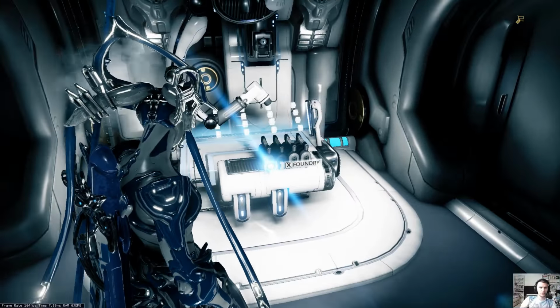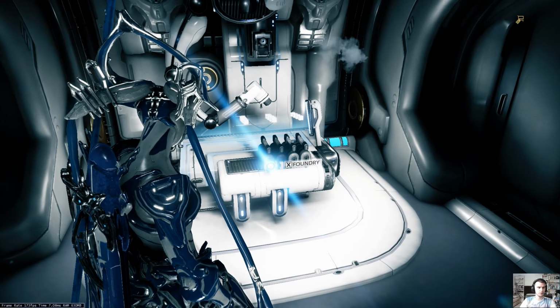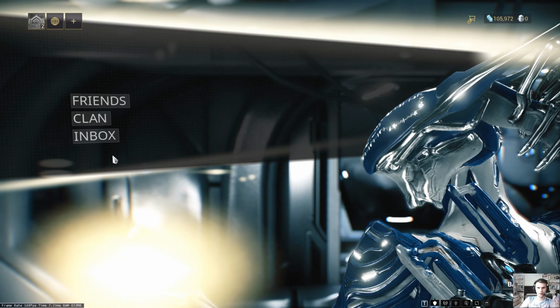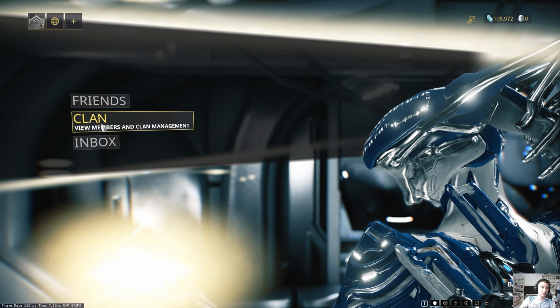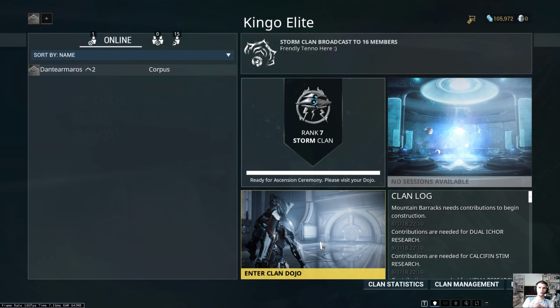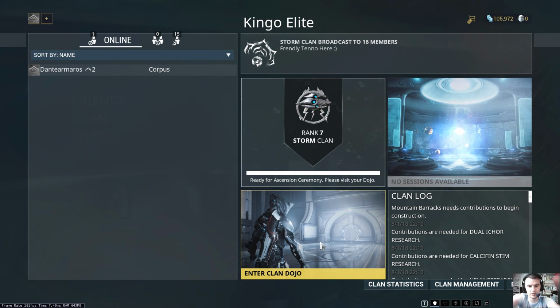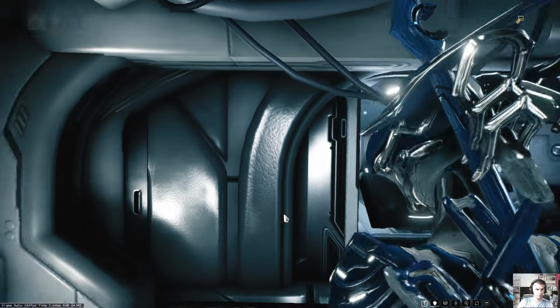So if you come on over here, if you have friends that play, or you want to join a clan, you can. So for clans, for instance, you go down to communication, you can see your friends online, you can see your messages that come in, and there's your clan. And you can enter what's called the clan dojo, which is like the clan hall. You do need a key that you have to basically craft. So you have to go out and grab some materials. You do have to go out and grab some materials for the key. Once you've grabbed the materials that you need, which can be found by just clicking